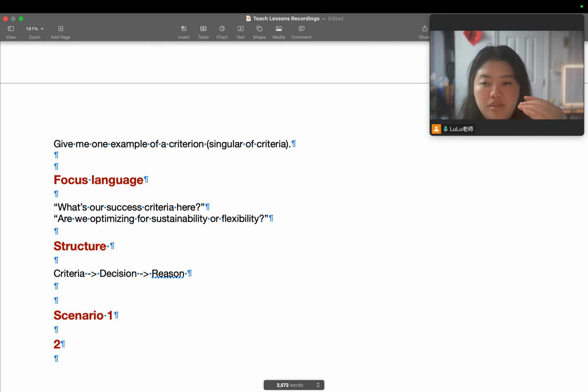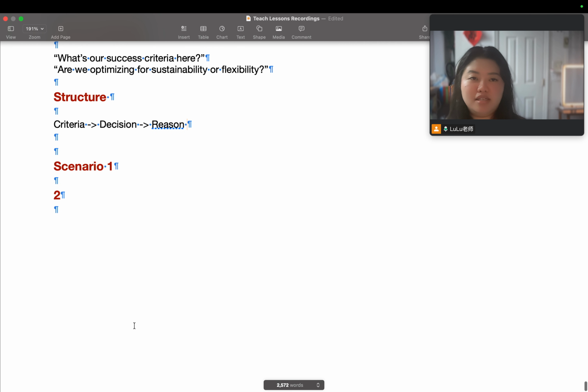So something like the structure I just said: if the criteria is this, we should blah blah, that's a decision, and because is the reason. So now we're going to practice some scenarios, and you can create your own structured answers.